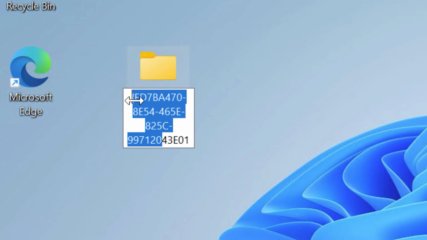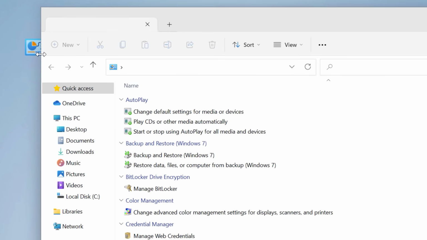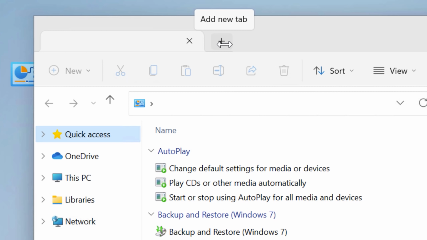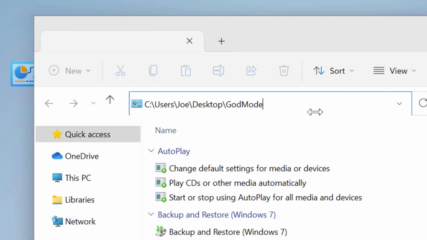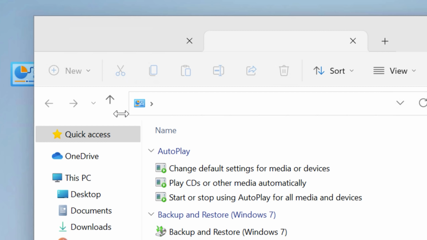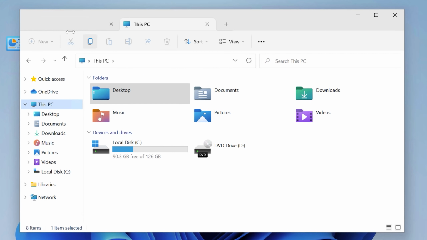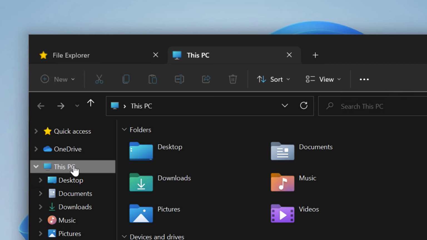I also randomly just tested making the so-called God mode folder, and yes, it does open that in a new tab, though it just shows a blank title as the tab name, but that is how it looks in normal Windows anyway, so no surprise there. But it is cool that even though you can't use tabs for Control Panel and stuff, you can still sort of get to all those from this God mode folder. And then if you're curious, here's what it looks like in dark mode. It still looks nice.